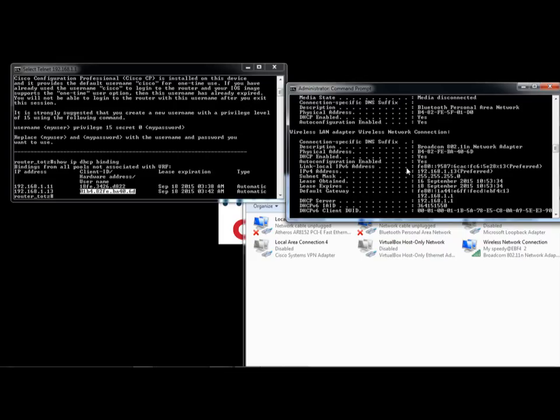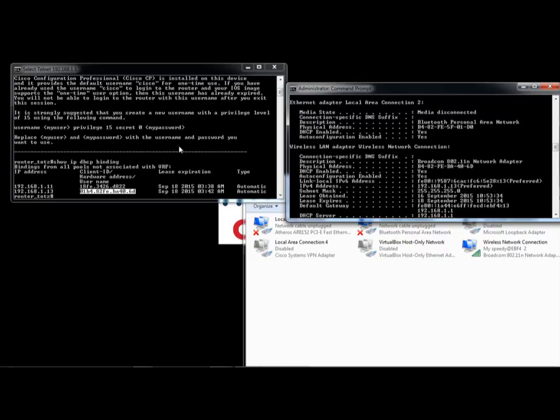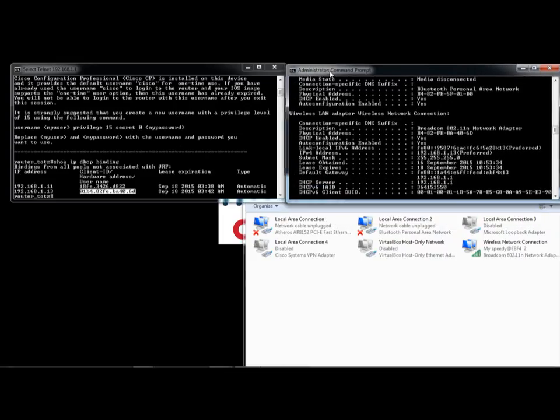Let's see what MAC address our Windows 7 uses on its wireless LAN adapter. Yes, this is physical address 40-6d. You see that in Windows